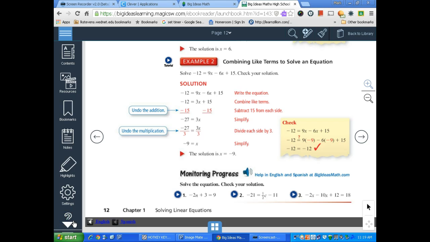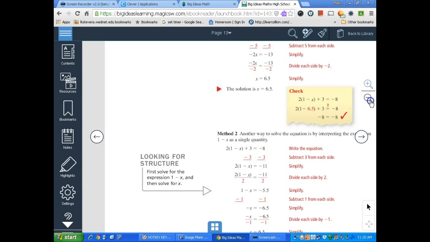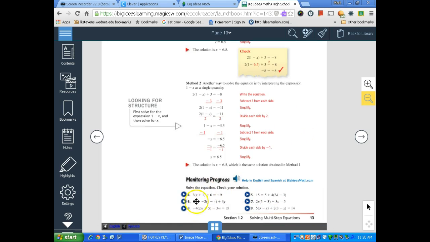So on the sheet, notice on here it says after you finish, you missed the lesson checklist. When you get down here, it says repeat the process for all other examples. What that's referring to is when you get done with example 1 and 2, you switch the page and you keep looking at it. The next page has example 3 and example 4 on it, right? So there's example 3. Okay, there's some monitoring progress there. You want to look at example 3 and then try those problems. And then you move to the next page